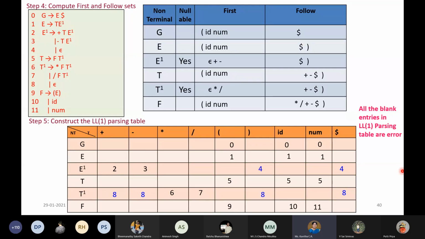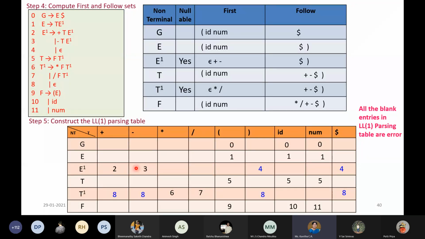Okay, so now we are ready with our table, which is an LL(1) parsing table. Now the advantage is that already I have predicted something. This happens means I should apply this. So it is ready. This table we are going to use now for parsing. Now you don't have confusion which one to apply. You don't have to think much. Your table is ready. Just select. Suppose I have G on the top and my symbol is ID, then only rule number 0 is possible. Nothing else, isn't it? So we are going to apply rule number 0. So once the table is constructed, you don't have to worry much. You are going to use this table directly, and all the blank entries are errors.